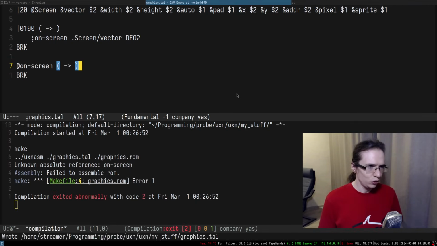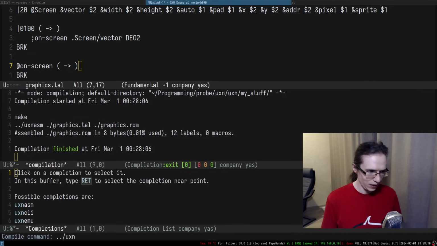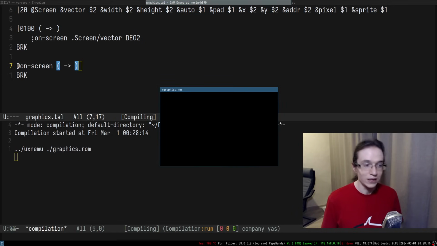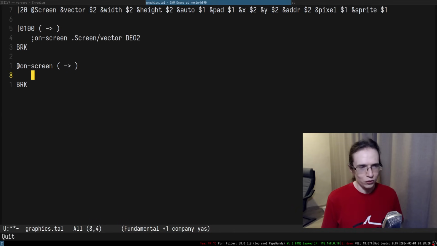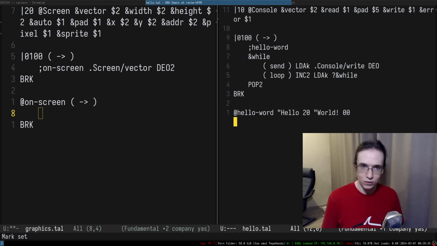So what if I just don't do anything, right? What if I just build it and try to run the emulator on the graphics ROM? It doesn't really do anything. But the question is, what if we just print something on each individual frame? We already know how to print things in hello, right?